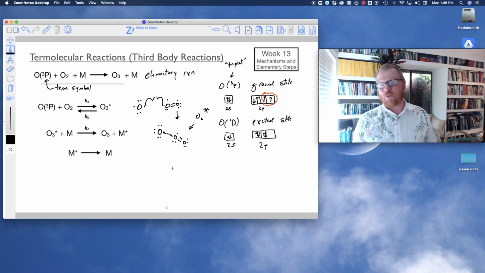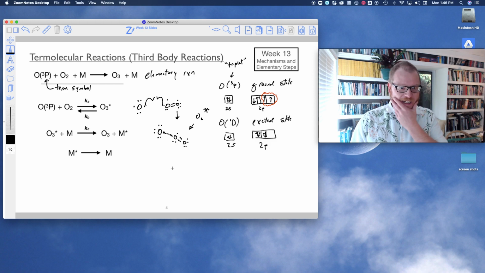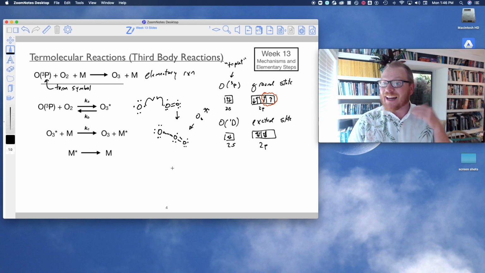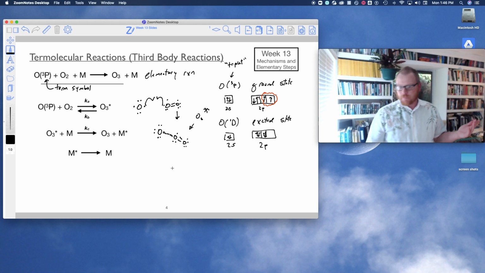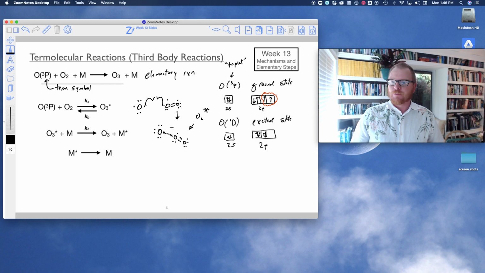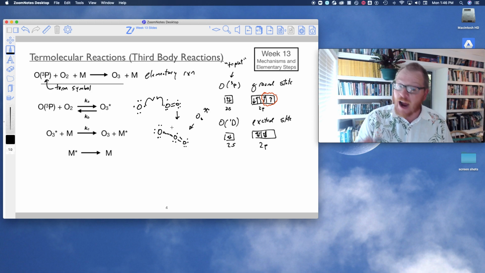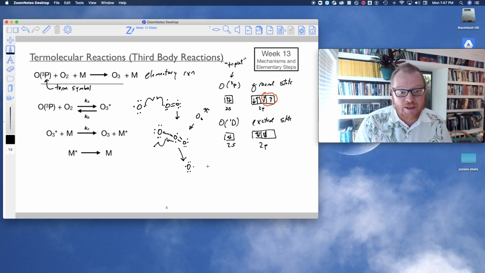So that would say that this unstable intermediate is stationary. It's not moving. At first you would say, shouldn't that mean it has zero kinetic energy? You might think so because it's not moving, but it can't have zero kinetic energy because presumably this molecule is at room temperature or something like that. So all of that kinetic energy gets pumped into its vibrations. And it's just as likely to kick right back out and reform that O triplet P